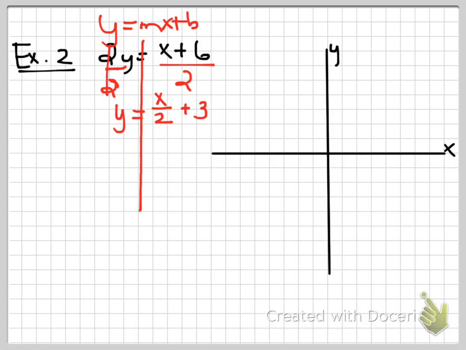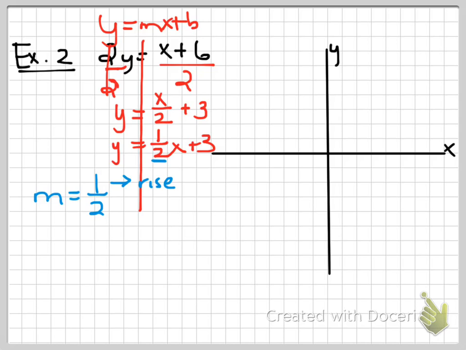Okay, now this might not look as easy as what you used to. This doesn't look quite like y equals mx plus b. You can change this to y equals, if x is on top, you would put 1 over 2x. That would be okay as well, plus 3. So now we can easily identify our slope. Okay, our slope is the number right here, of course. So our m is 1/2, which means that our rise